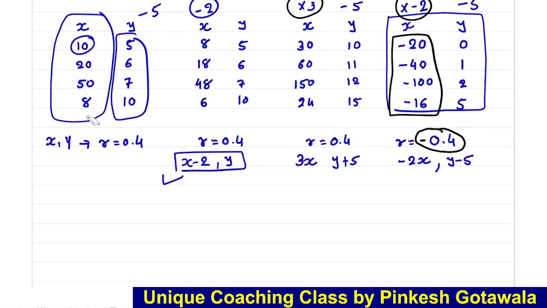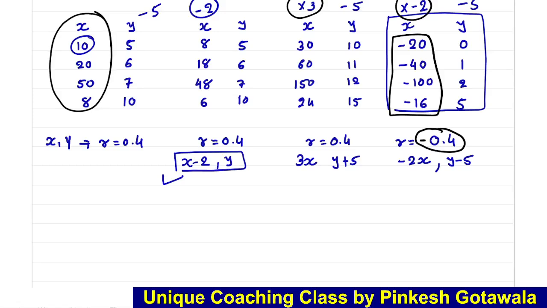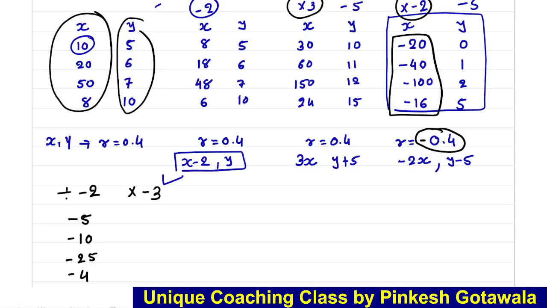Now one more point, suppose I divide all values of x by minus 2. Okay, x ની બધી વેલ્યુ ને હું શું કરું છું? minus 2 થી divide કરું છું. So 10 divided by minus 2, how much is the answer? It would be minus 5. 20 divided by minus 2, okay, it would be minus 10. Here minus 25, here minus 4. And I multiply all values of y with minus 3. Okay, y ની બધી વેલ્યુ ને કોની સાથે multiply કરે છે? minus 3. Here minus 15,